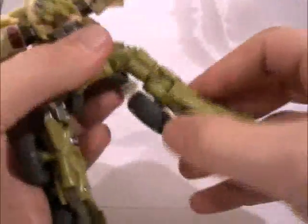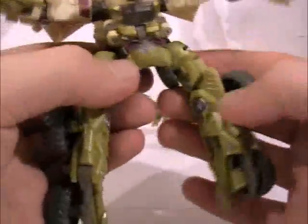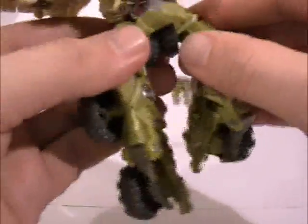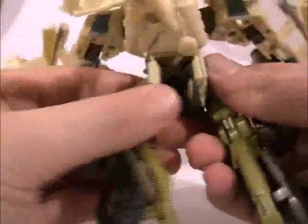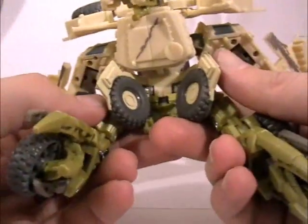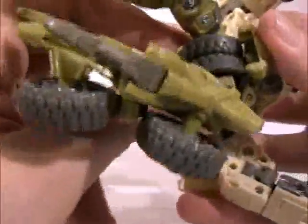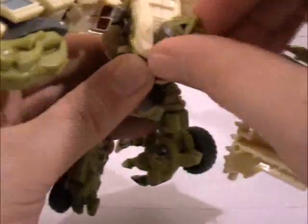Turn the leggies round, so the knees are forward, and then you've got articulation at the knee there, you've got articulation at the hip. This doesn't stick together very well. There's no lock on the back here at all. Nothing to sort of hook it all together. I think you're supposed to put the tyres together and just sort of hook it in this front piece, but that doesn't work either. But he stands up, we get there in the end, and then you turn the head up the right way,